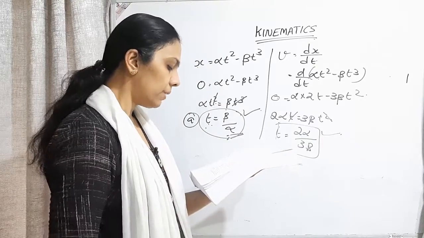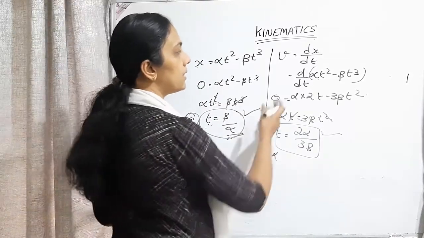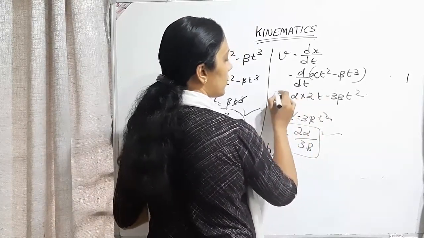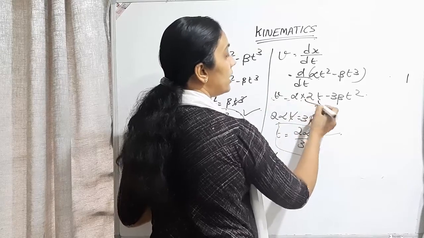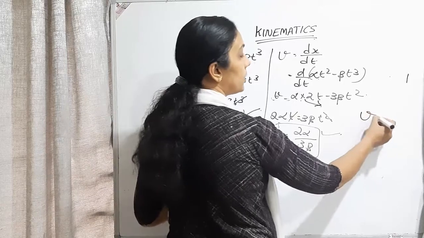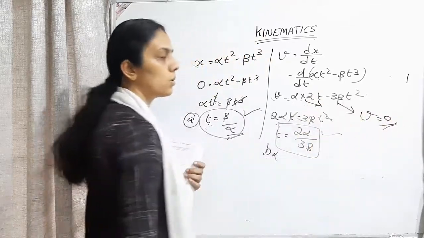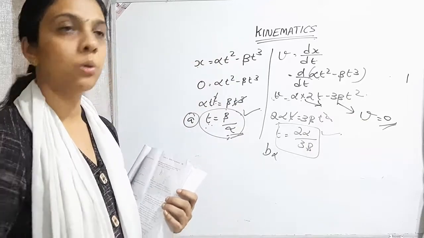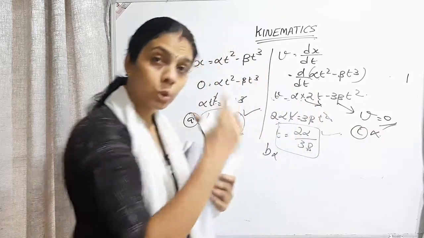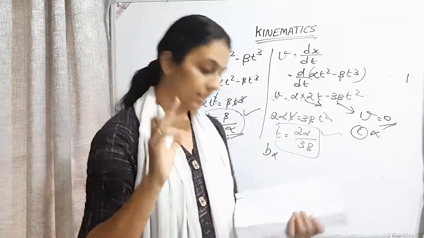Then, initial velocity of the particle is 0. Initial velocity, whether it is 0 or not, how will we find out? See, this is the velocity which we got, right? So initial velocity means at time t equals 0. What will be the velocity? Velocity will be equal to 0 because t is 0. So option C is also not the answer. It is a true statement, so it is not coming under the incorrect statements.